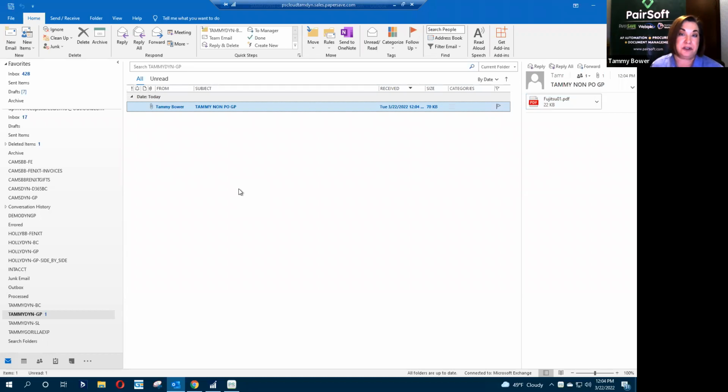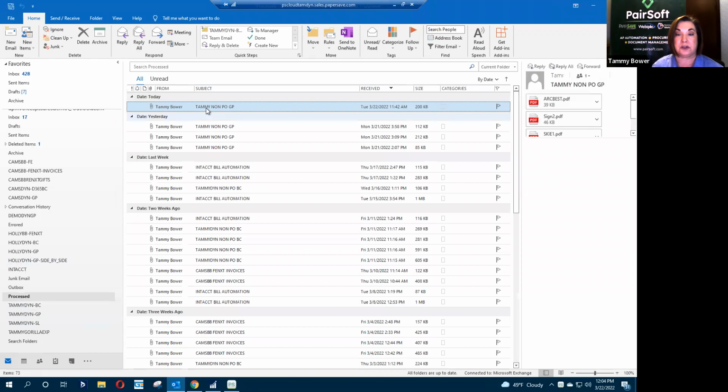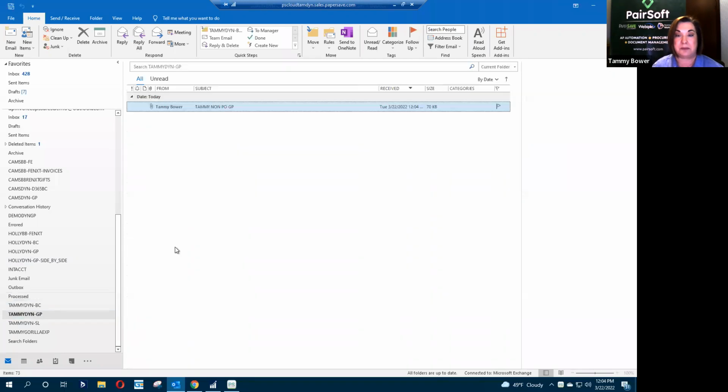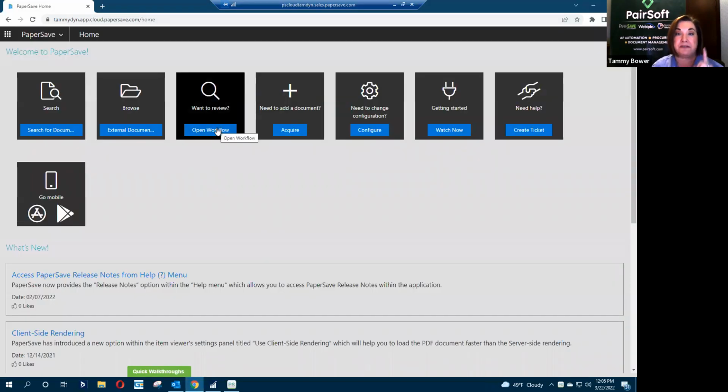If you're not utilizing this portion of PaperSave, and you're even on version 6, listen, PaperSave version 6 can handle this as well. But it's going to look to this email address. We don't delete the email. We actually move it to a folder called processed, so that you know that PaperSave has looked to it. So again, if I come back here, mine looks to this email address about every 30 to 40 seconds. But ultimately, it's going to end up in the first step of my workflow. Some of you on the line might be utilizing PaperSave's workflow, the routing of documents for approval and review. Some of you might not be.